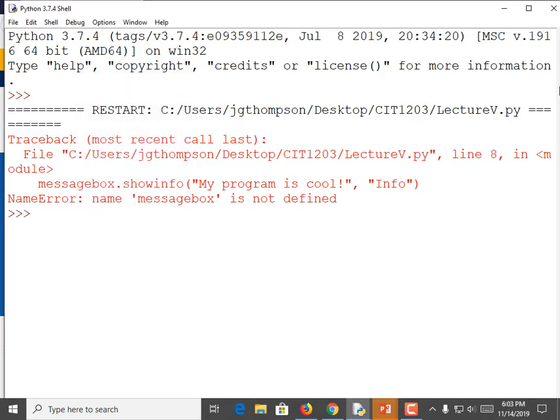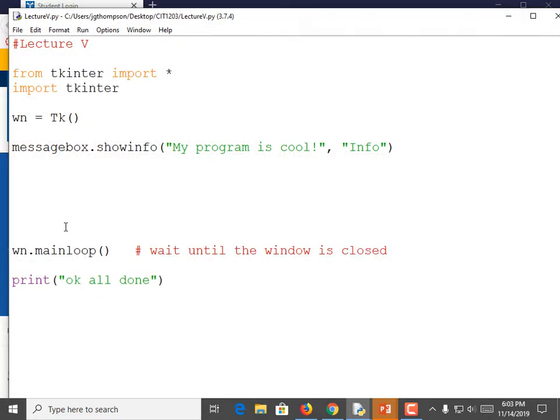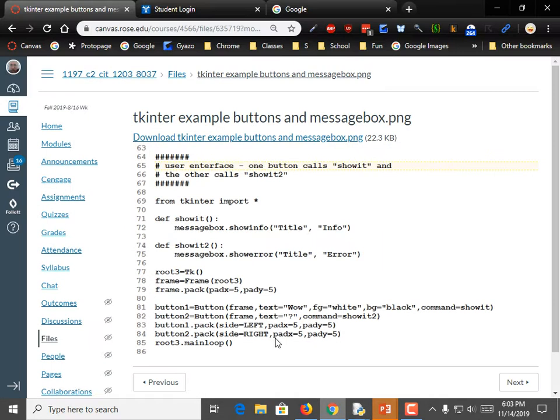All right, time to start crying. Why isn't messagebox defined? Why would we not put def show it? Well, that's for the buttons to click it. Yeah, why don't we have those functions? Because we create a button and we set the command equal to show it so that when the user clicks on it. Okay, I see. I was just trying to make it so that,